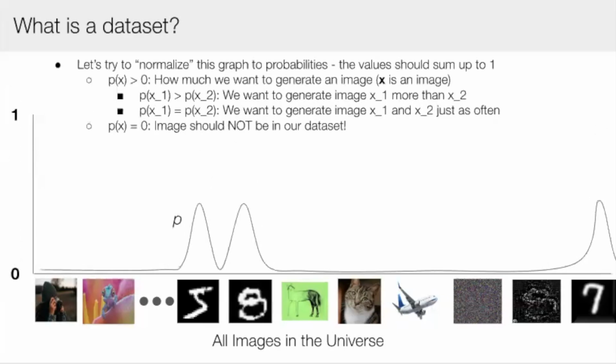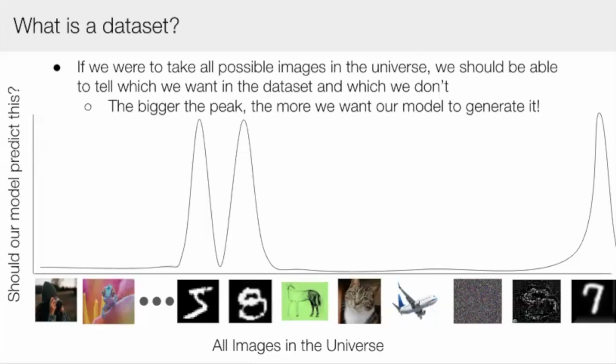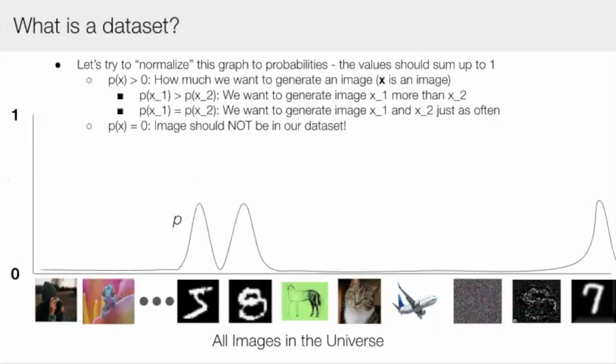So, back to constructing a data set. You could imagine that it might be easier for us to look at this curve if we were to call this a probability curve. We're still defining functions here. So we could say that any image that has a spike, as in a positive probability, means that with that amount of probability we want to generate that image. So for example,